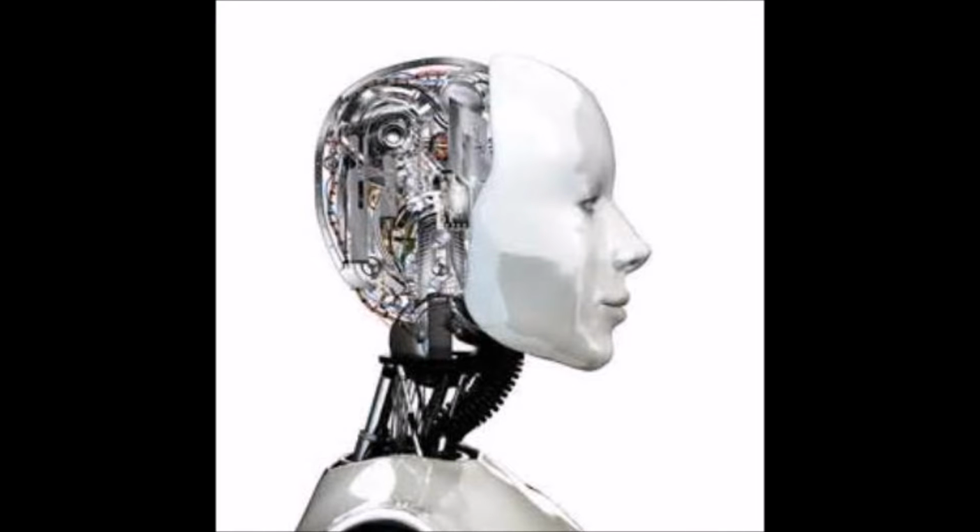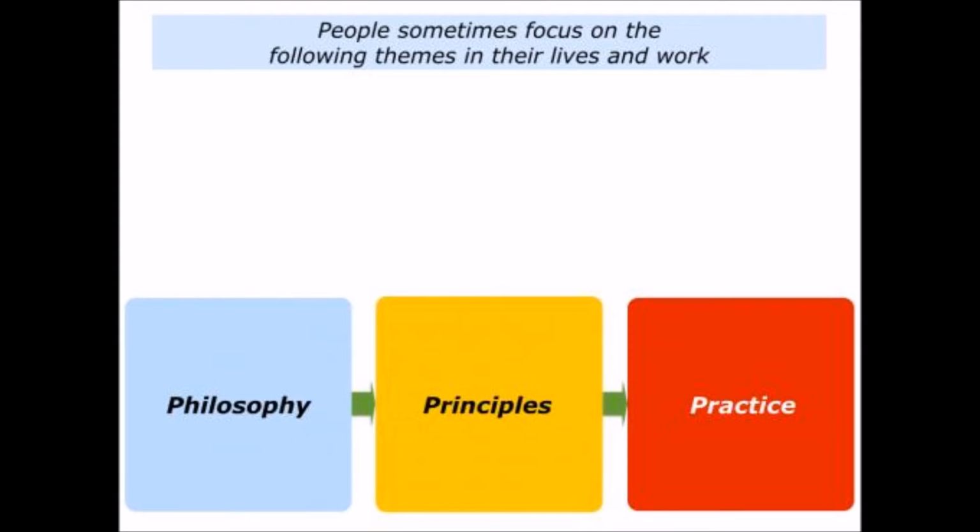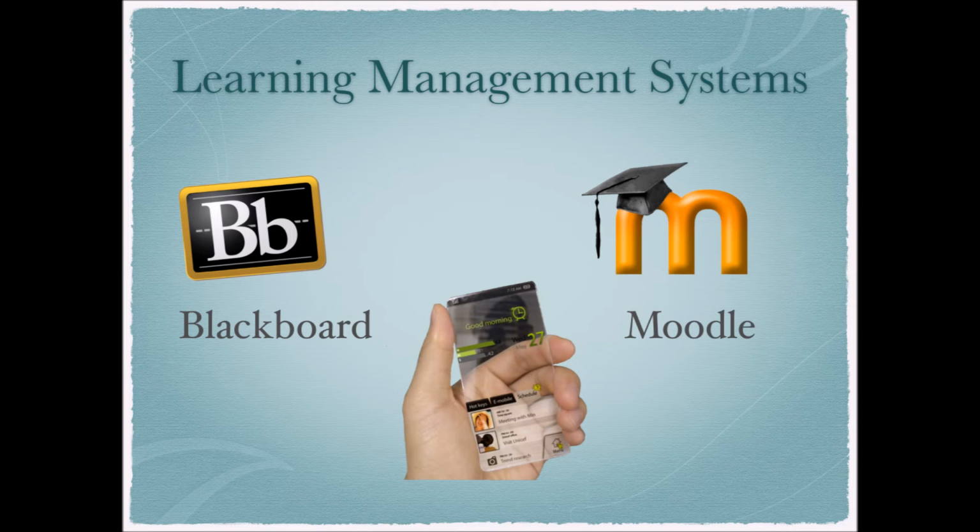Artificial intelligence is defined as the intelligence exhibited by computers, either in the form of hardware or software. The term was first used by John McCarthy in a proposal for the Dartmouth Conference on Computer Intelligence to be held in 1956. Though my presentation is mostly philosophical, I'll begin with a few practical applications of computers in the field of foreign language instruction.